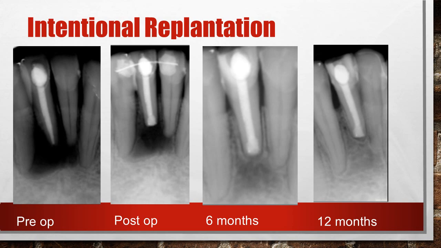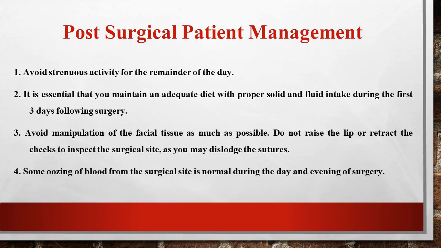Of course, you need the patient to be willing to undergo this kind of surgical procedure. If the patient is not willing, then of course you will have to think along the lines of extraction followed by prosthetic replacement, after, of course, removing the infection from the periradicular areas. So you do have to do degranulation after the extraction is done. Now the post-surgical management, this is very, very important. This is what you are going to advise the patient after any form of surgical endodontics you carry out.